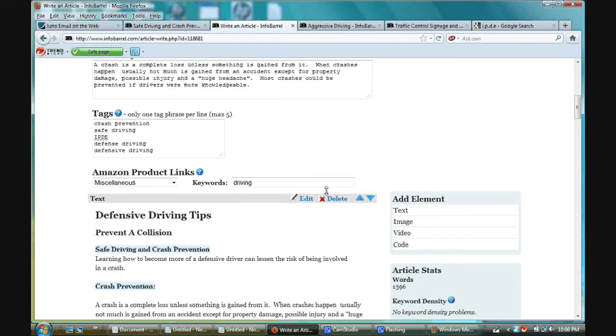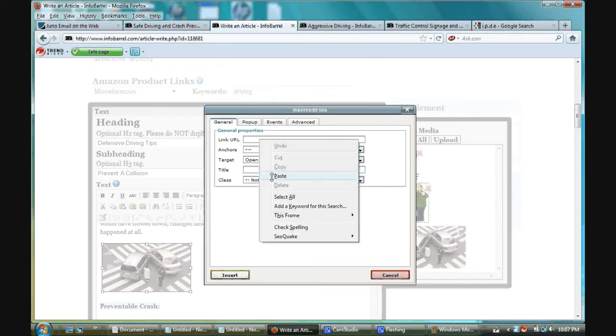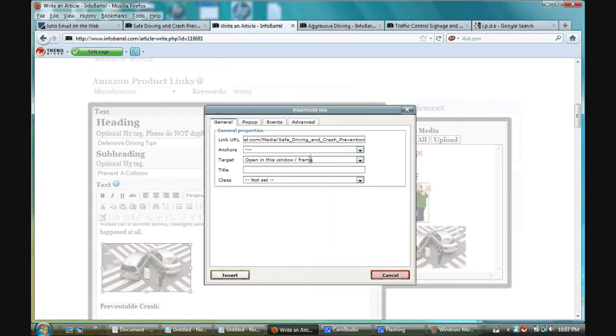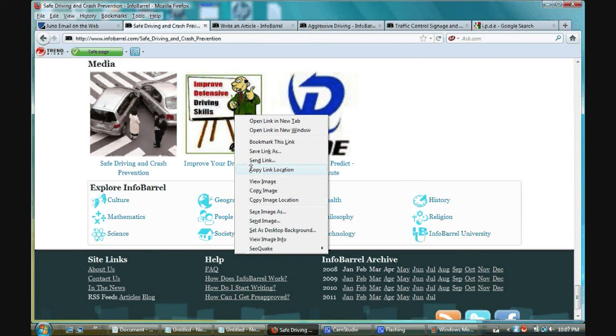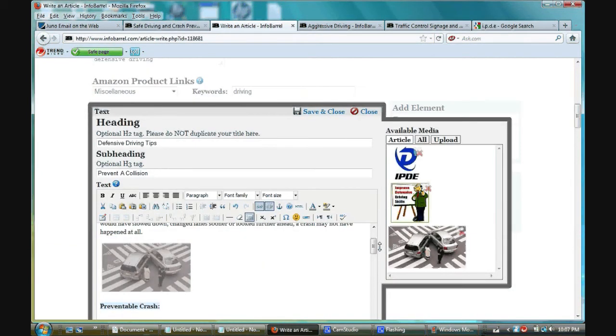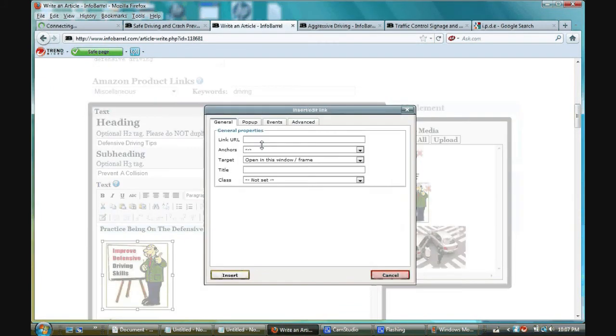Scrolling down, edit, go into this picture. Now, I like to make my images linked. I want to link it to the media page. Choose blank, title, safe driving, it'll populate, insert. I'll go back here, place my cursor over the next image. I don't know if you can see it on the lower left-hand side, but there's the URL. Copy link location, go back, click the image, click the chain, right click, paste the URL, left click,